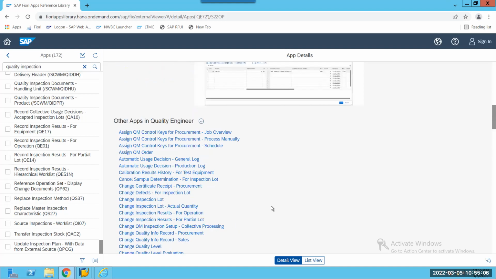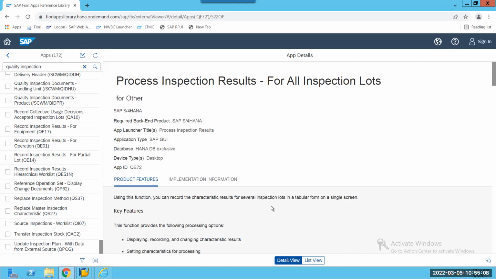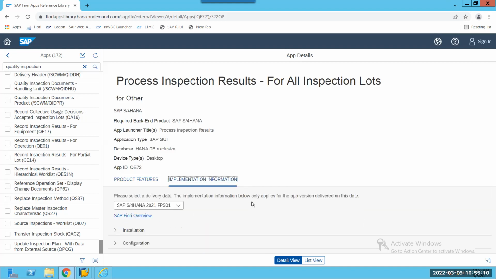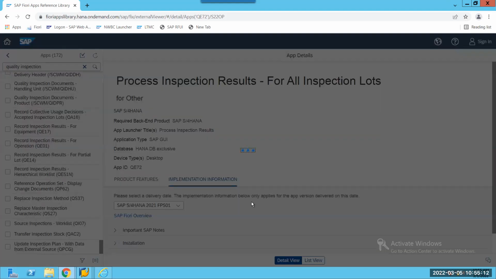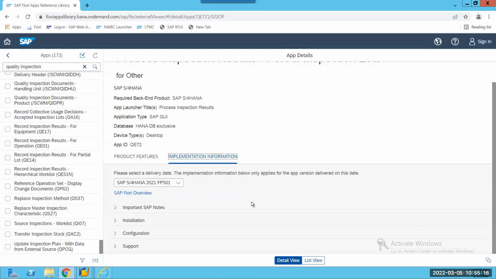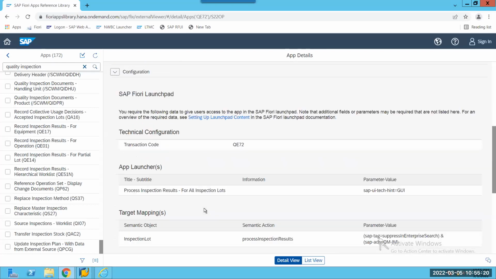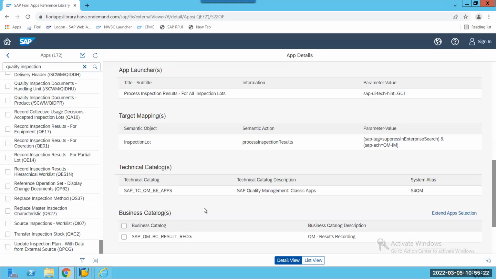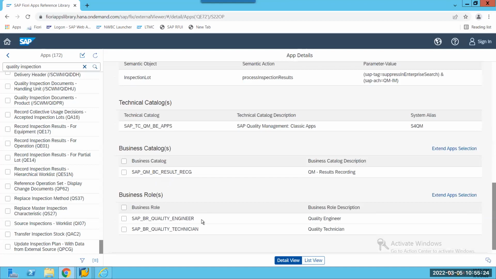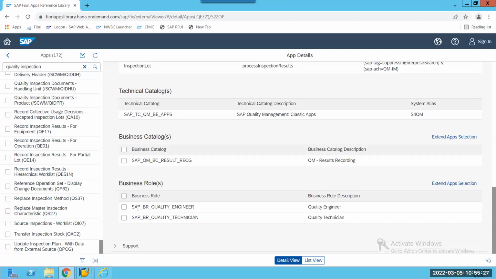This is the app details, but where we can see your implementation information and what was the role, configuration and business catalog, business role. Yeah, I think there are two roles. SAP BR quality engineer.